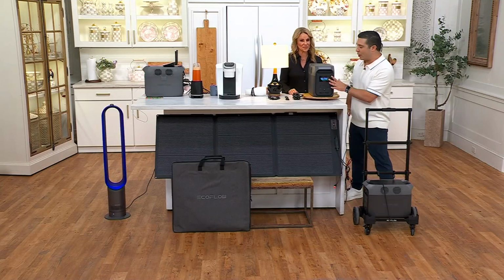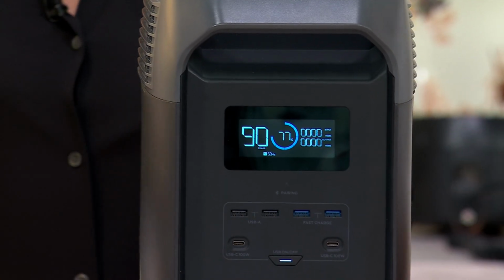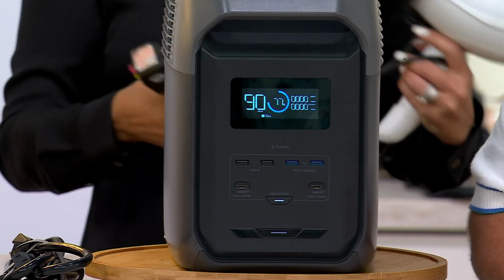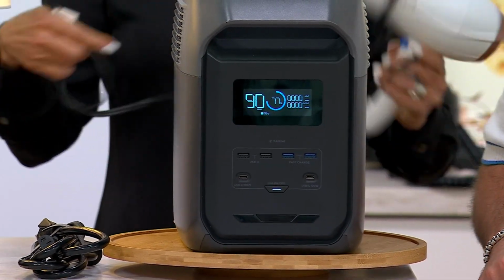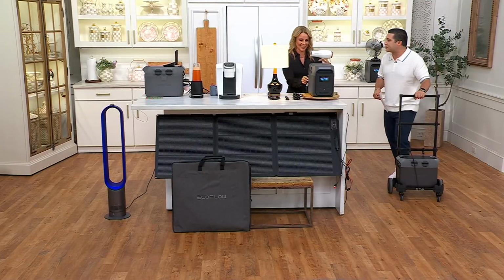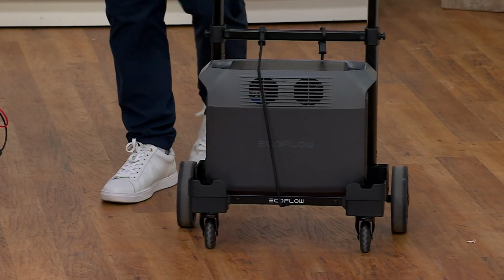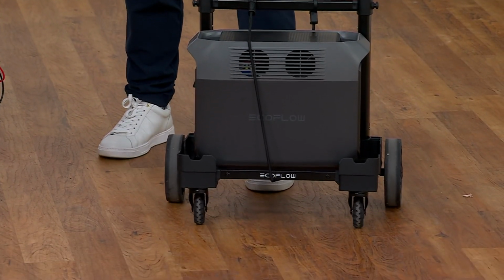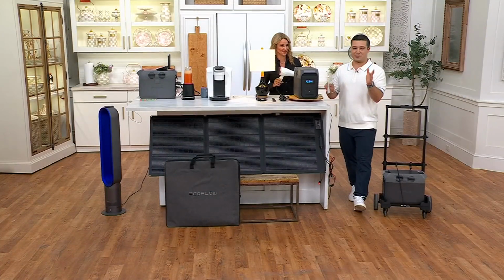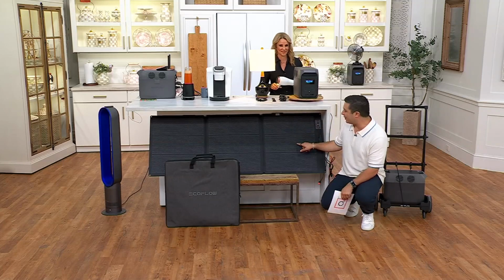Yep. Not only, though, are you going to be getting this Ecoflow power station at the lowest price we've ever offered, you're also going to be getting the trolley that has not left my hands, that I literally just keep easily moving. This weighs 42 pounds. I am moving this all over the set, left and right. We give this to you. And for $20 more on an easy payment, this right here is what